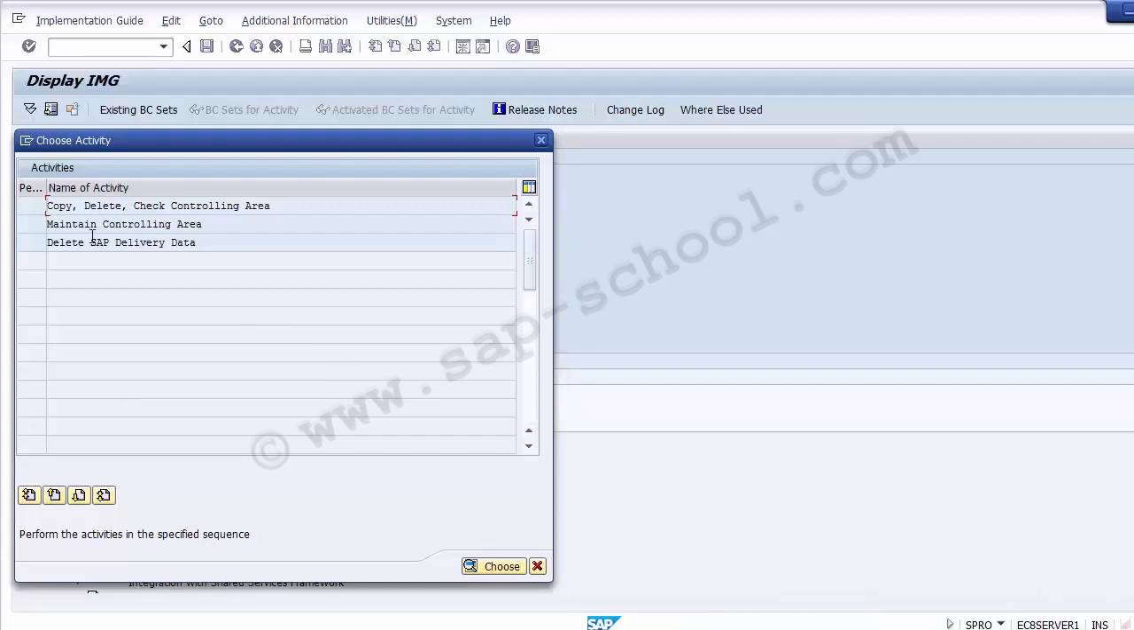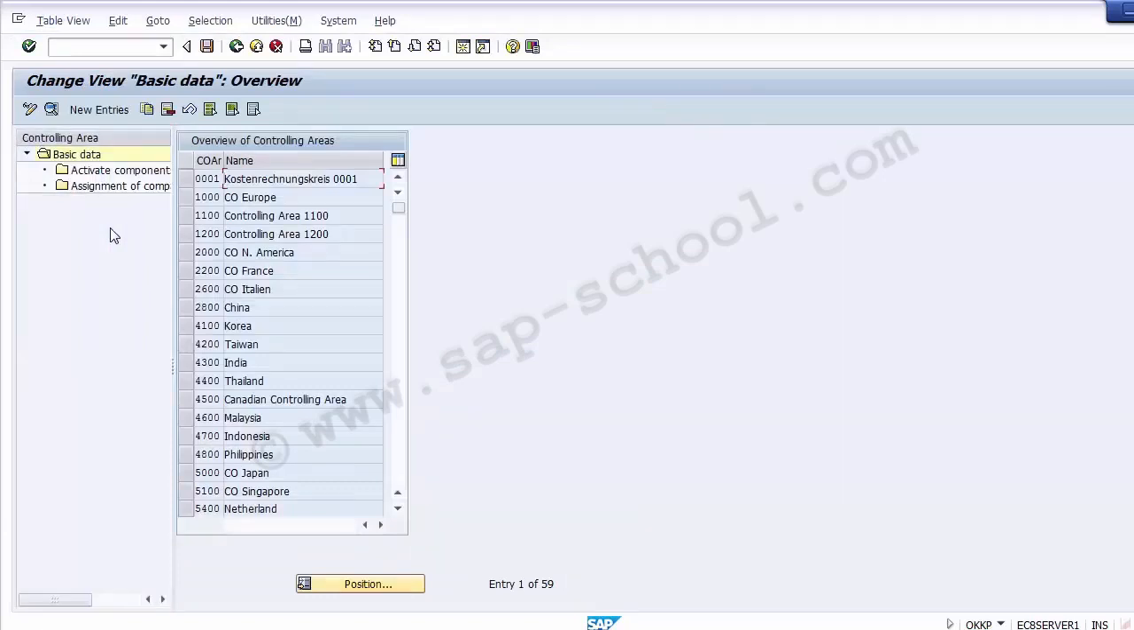So now we need to go to maintain controlling area, as we need to maintain a controlling area for the company code. So we need to double click on the second option, that is maintain controlling area. Once we double click on it, as you can see, a new screen has been generated in front of you, and in this we need to click on new entries